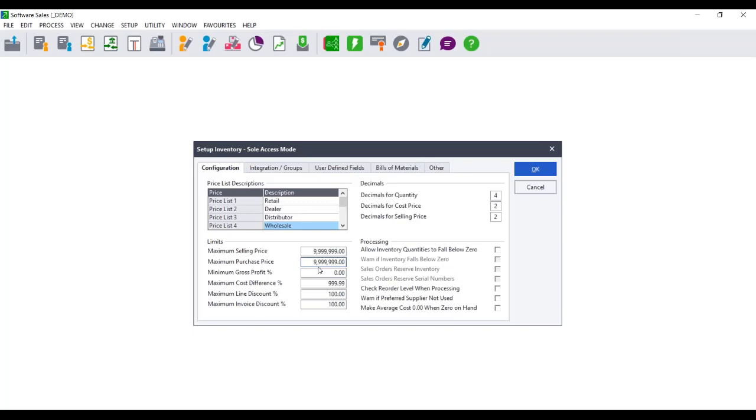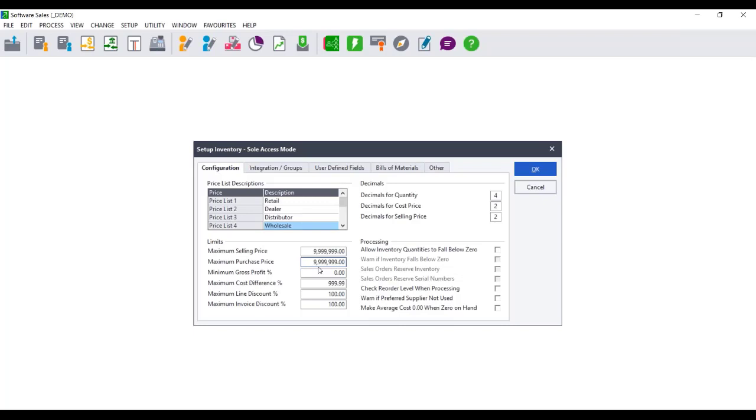Then, guys, you can set up a minimum gross profit percentage. So this means that when you are actually selling that item, if the selling price falls below that minimum gross profit percentage, it will not let you either enter that selling price on the edit inventory item file, or it will not let you continue with the sale. So again, you can enter minimum gross profit percentage. If you are going to do that, I would strongly advise that you set up your prices on the items